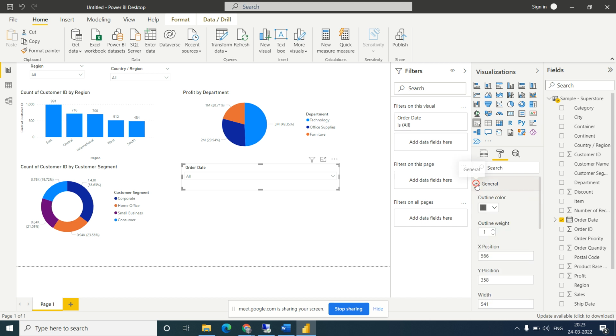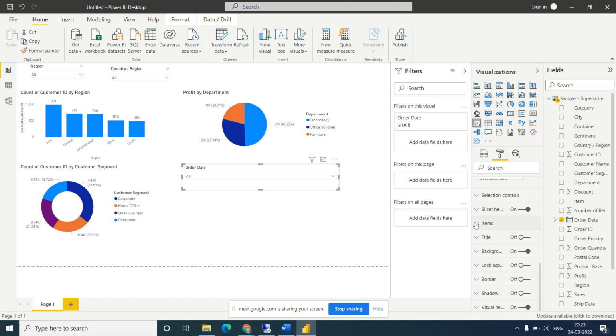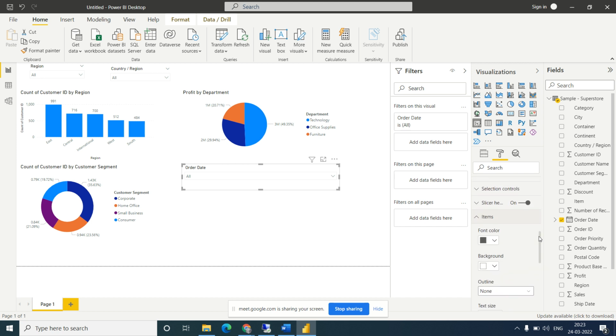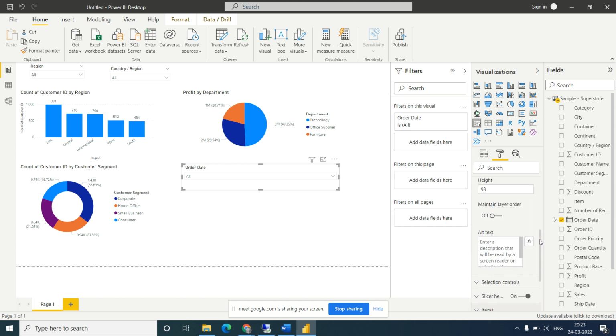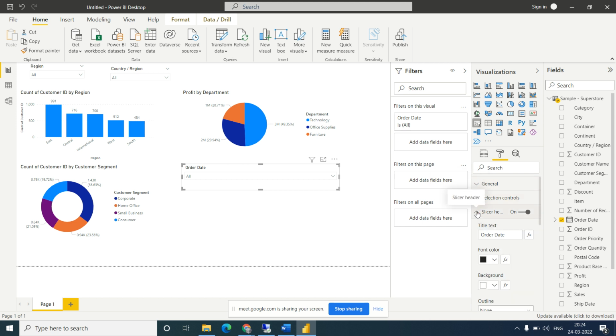Go to the general. If you enable the select all option, you will be able to see the all option here.